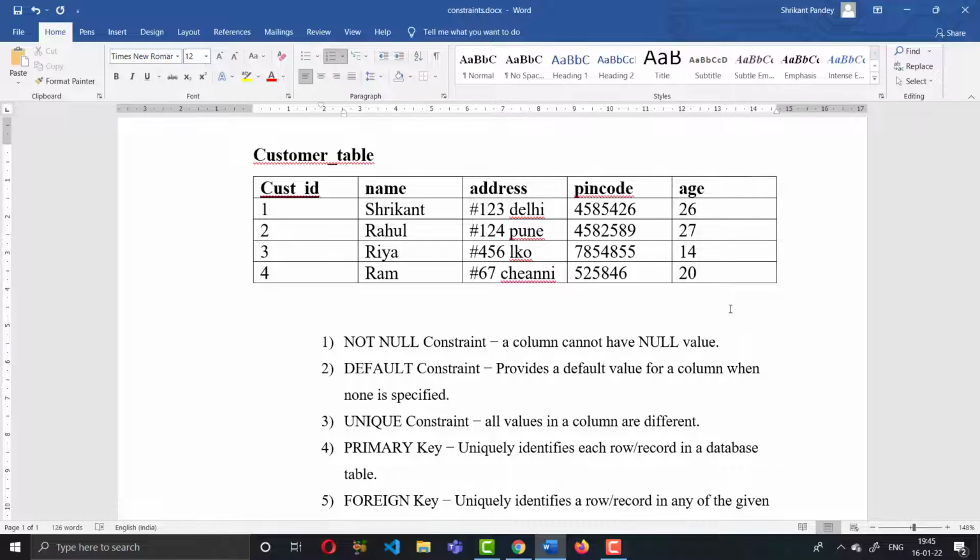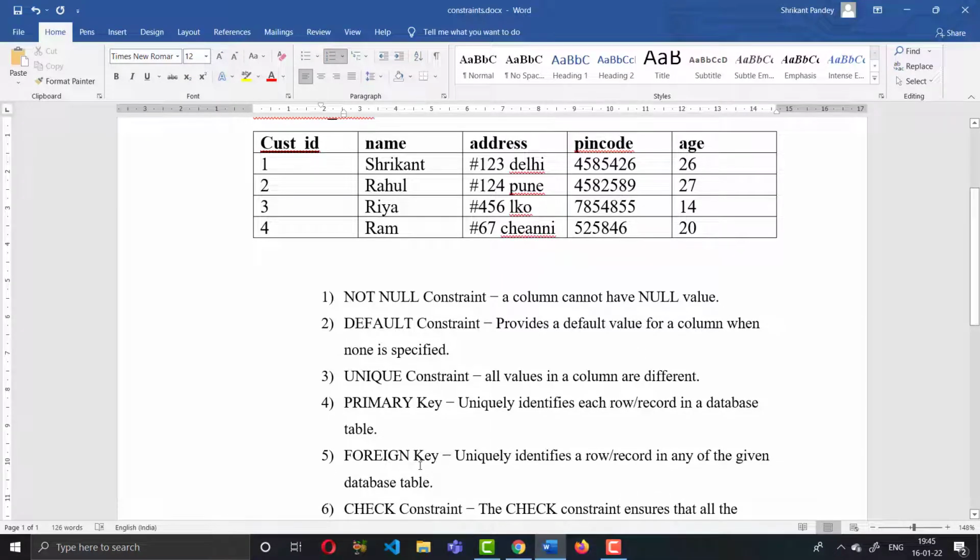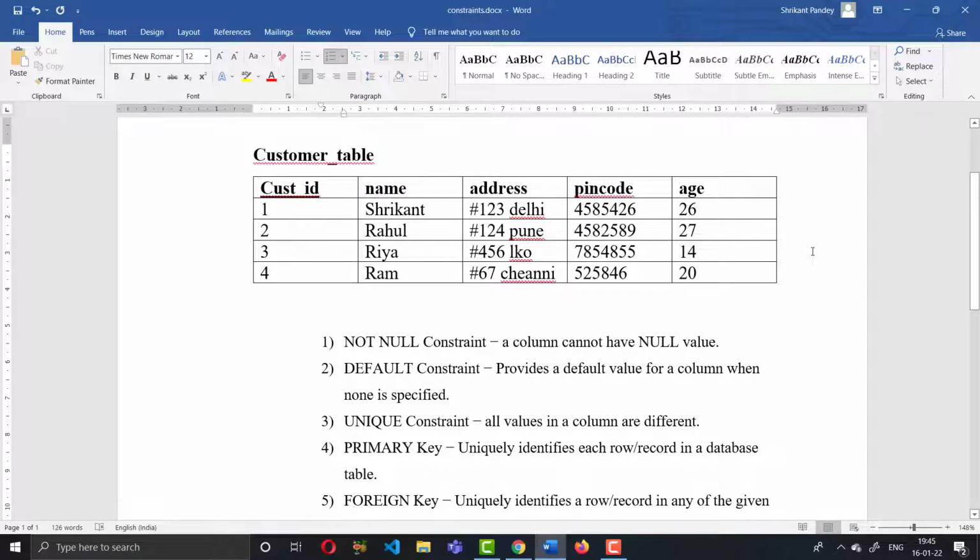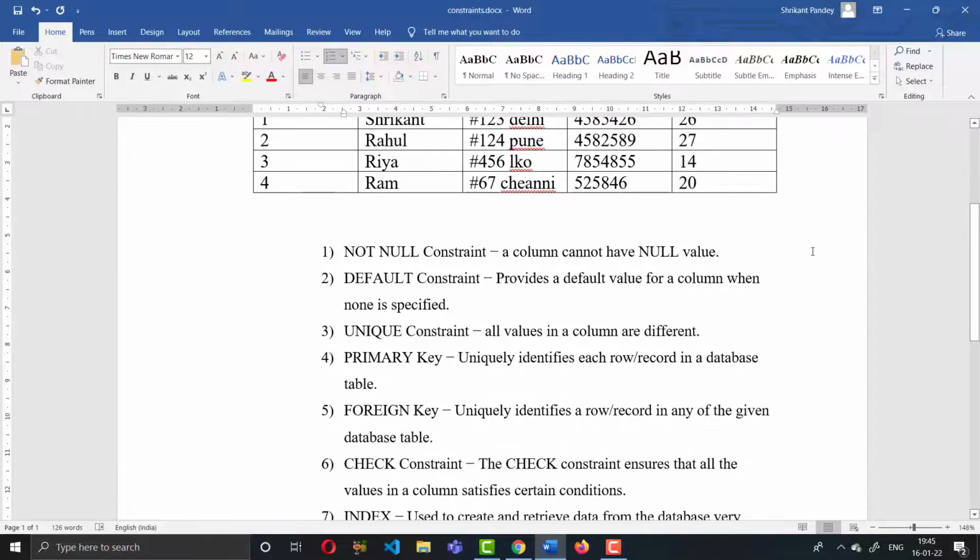This is a very simple thing. Let's see a real example for the check constraint: if any candidate or person's age is less than 18, they can't vote. So their age should be greater than or equal to 18. This is the use of the check constraint.